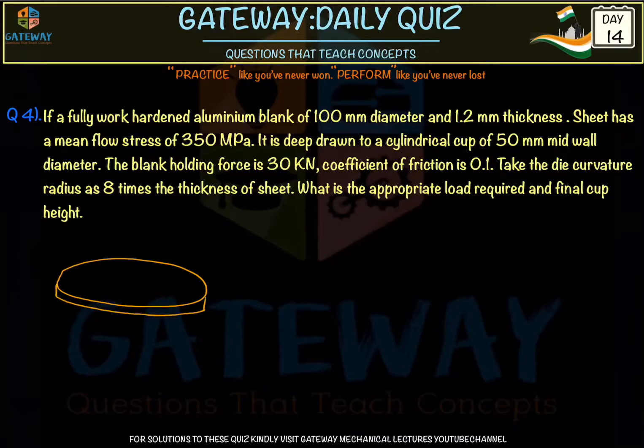Okay, and generally we are applying forging here. We are applying a deep drawing operation. So this is our blank. There will be something called a die, and there will be something called a plank. We know what a die and plank are.